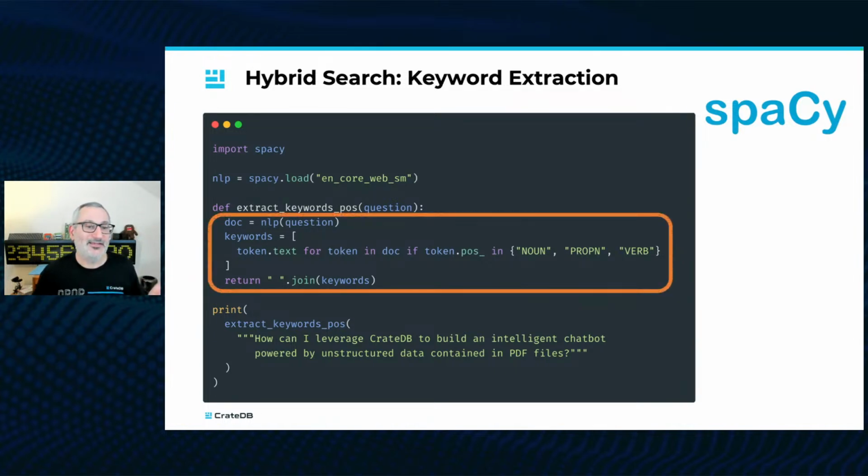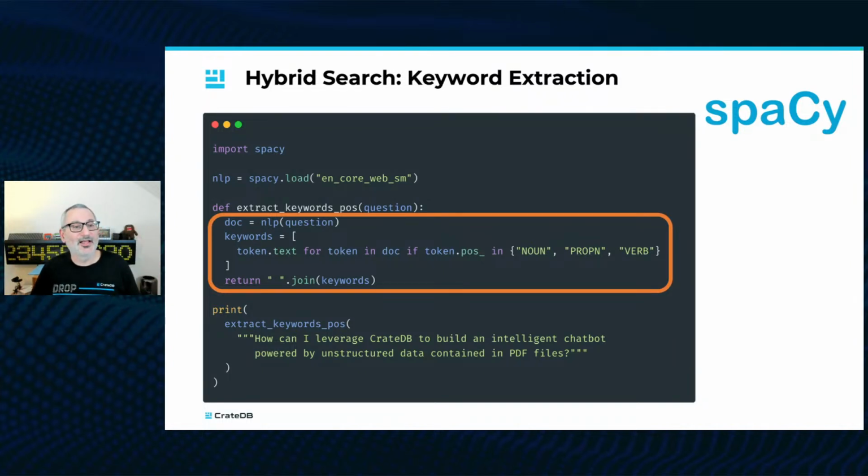And what you'll see in this example fragment I've got here is we can get keywords out of a given piece of text or a given string by asking spaCy to tokenize things. And we're asking it for things that are nouns, proper nouns, or verbs. So things that make good keyword